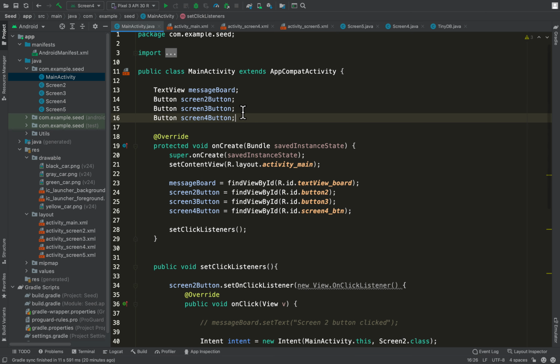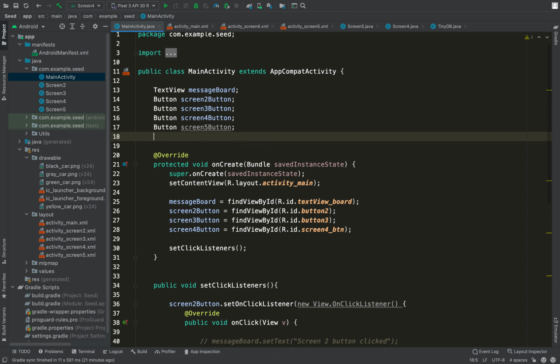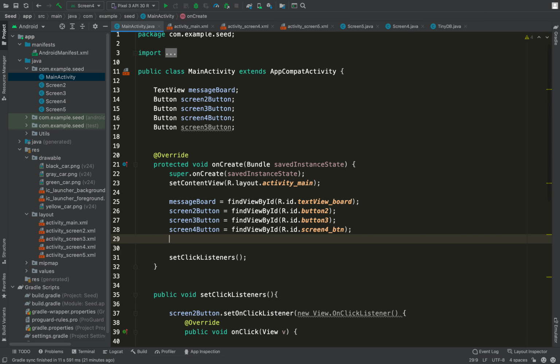I'll create a button, screen 5 button, and then I will of course initialize it, screen 5 button. This will be equal to